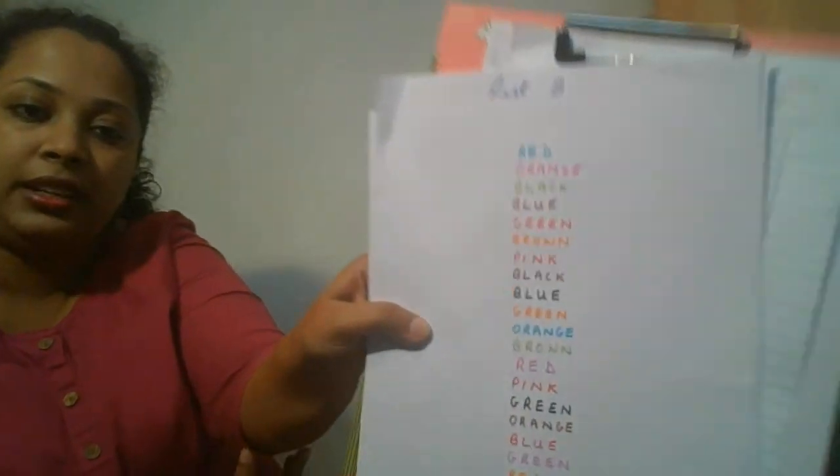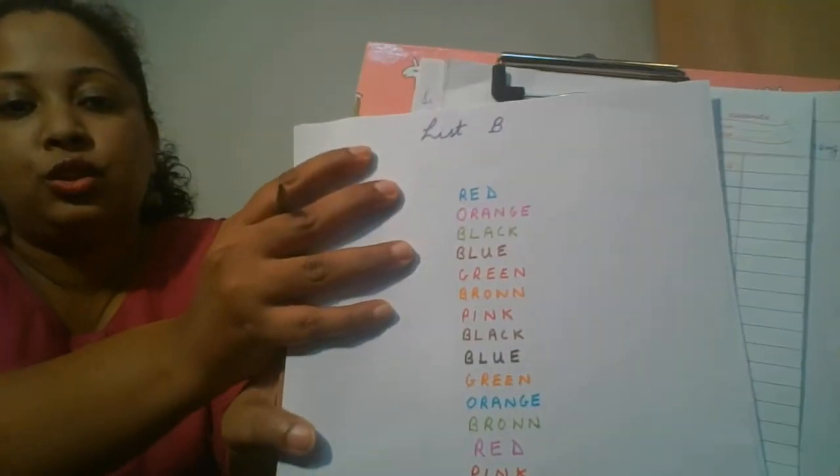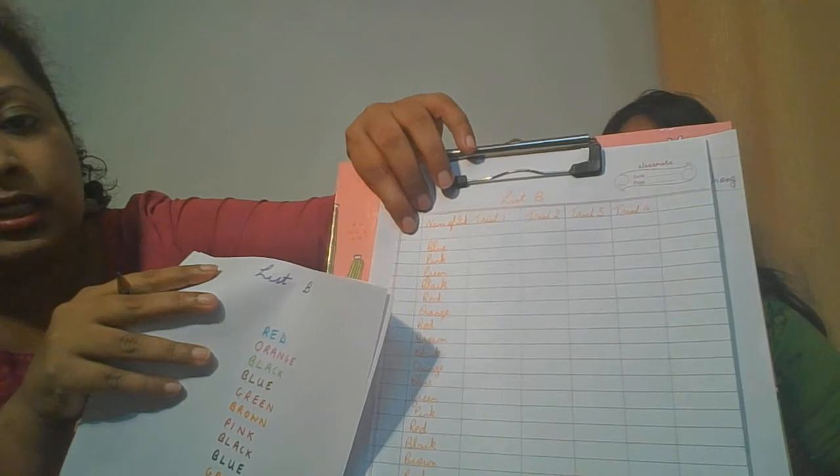After this, we come to list 2 or part 2 of the experiment. An important tip that you have to remember while making the result table of list 2 is you have to write the name of the color of the ink. For example, over here the word red is written in blue. So in my result sheet I have written blue.